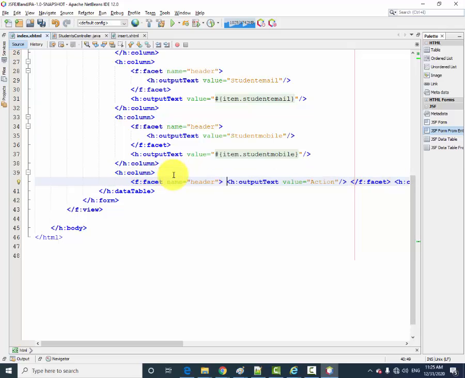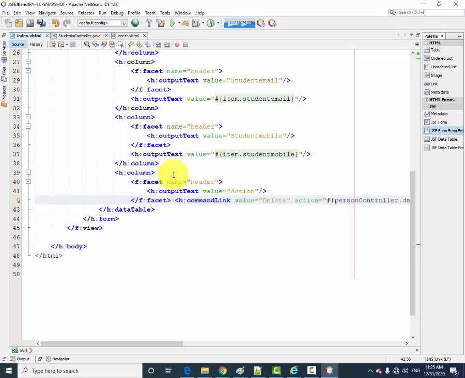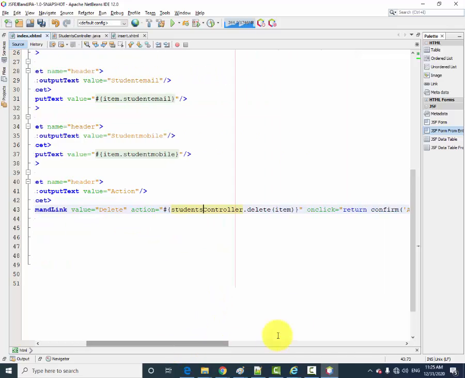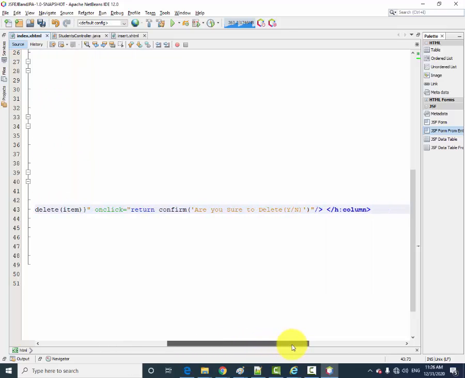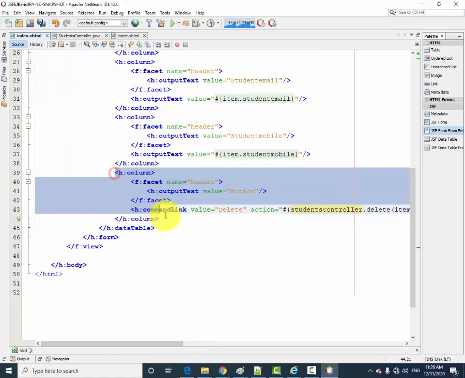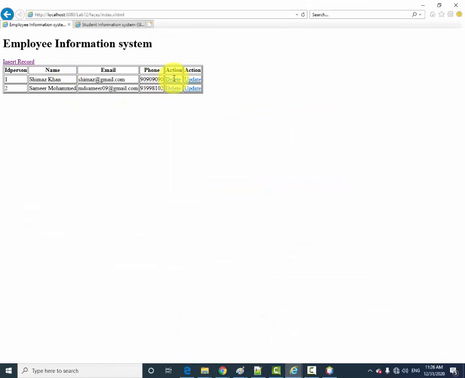Format. This is the heading. Facet means heading. So here is a student controller here, not person controller. Students controller, then in that one delete. So on click, confirm, are you sure to delete? Yes. Okay, so this is the end of the column. So this code, what it will do is it will display, like this, the column. This is the column. Okay,